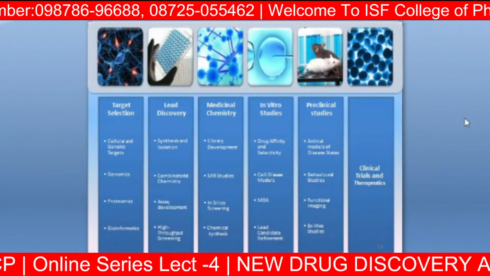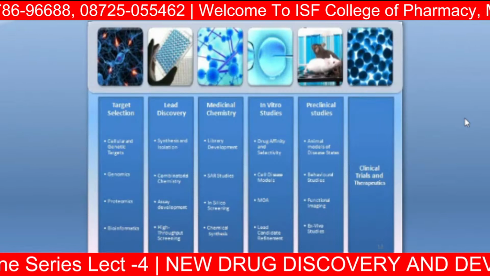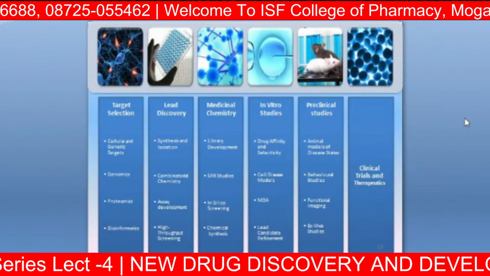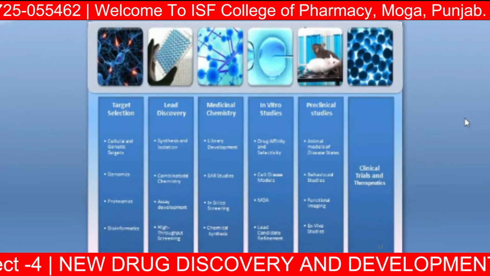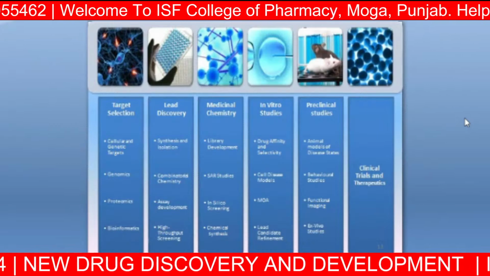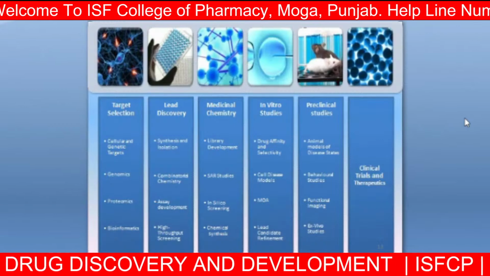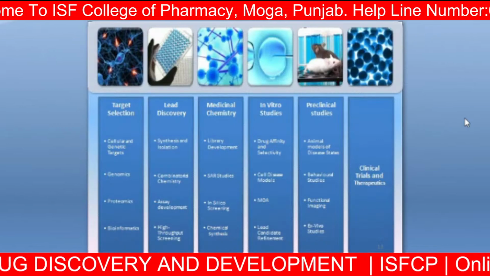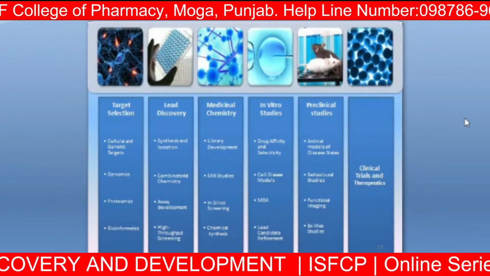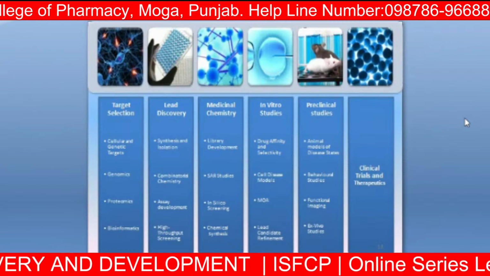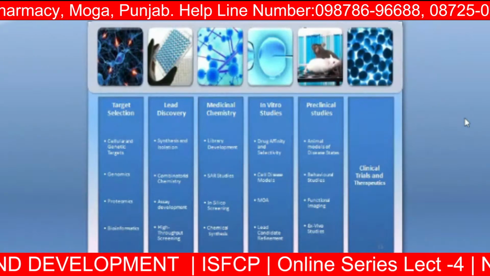Mean to say that, as we discussed in the previous one, library means the moieties which are showing some results, we have to compile as particular data. As we have discussed example A and B, so far the same, this thing will happen in the case of a library. SAR studies, structure activity relationship studies, mean to say how this moiety is concerned with the other one. In silico screening, chemical synthesis in case of in vitro, drug affinity and selectivity, cell disease models, mechanism of action, lead candidate refinement.